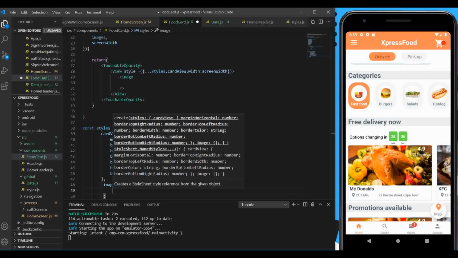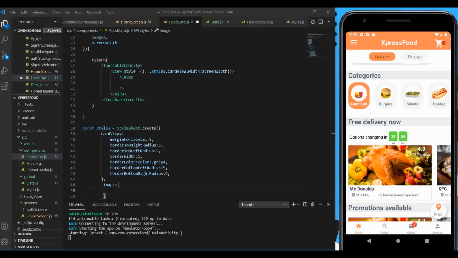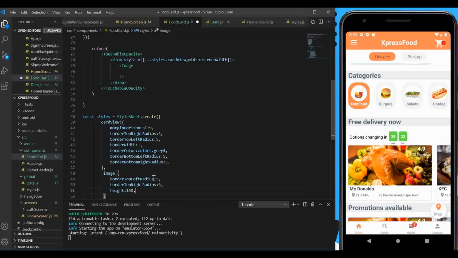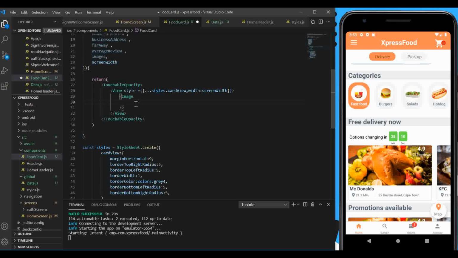Again, I'm going to paste some styles for this so that you don't waste a lot of time typing styles. I'm simply going to copy some styles here and paste them. So those are the styles for the image. I'm giving it a height of 150 and some border radius and all this. So in the image component, we can now call the style prop, and we're going to pass some styles to it,